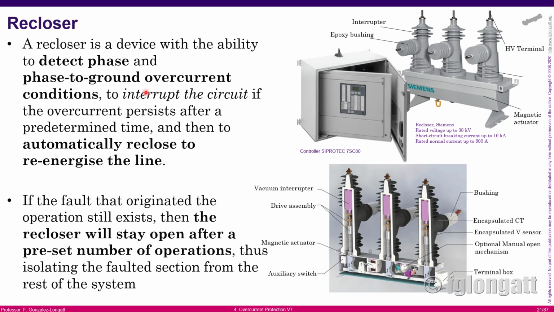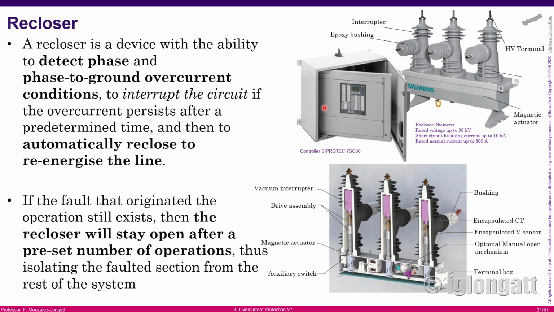This device is able to interrupt overcurrents. It comes with a controller that is able to open the circuit breaker and has a counter, and this counter can be used to take actions